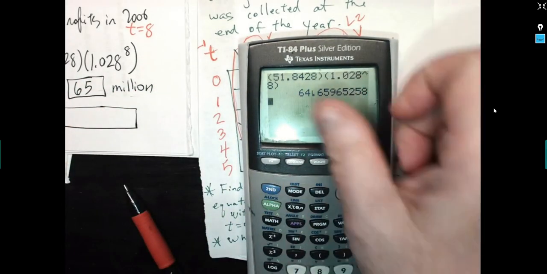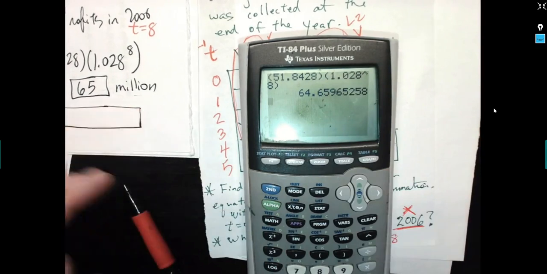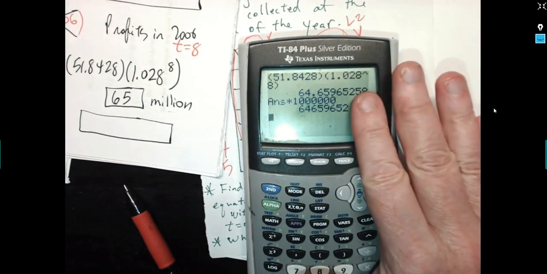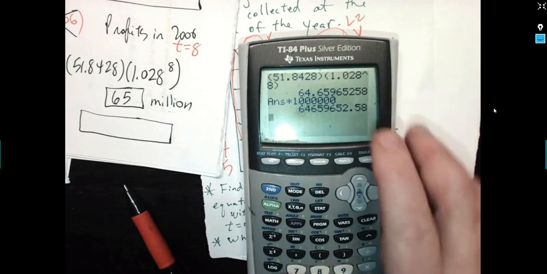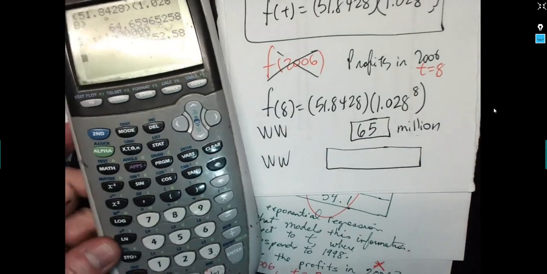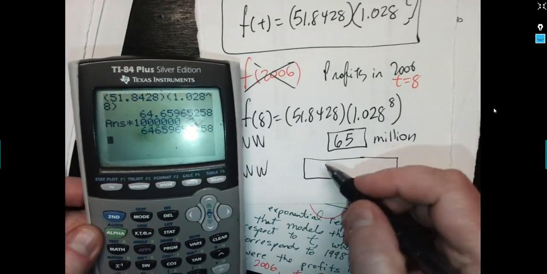So they want the number, and you have to put in the millions. So what you have to do is take this number and multiply it by a million. Okay, and take it to the nearest million. Okay, so that will be a 3. So the literal answer is